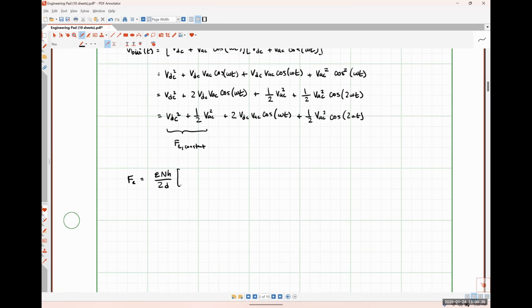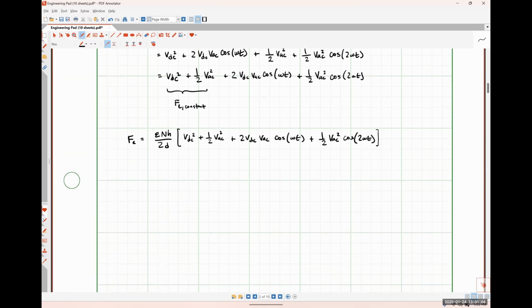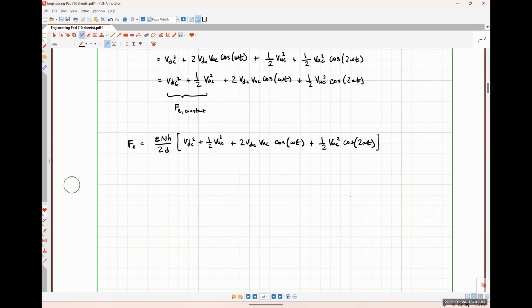And then I would have that whole voltage thing there. So VDC squared plus 1/2 VAC squared plus twice VDC VAC cosine omega t plus 1/2 VAC squared cosine twice omega t,